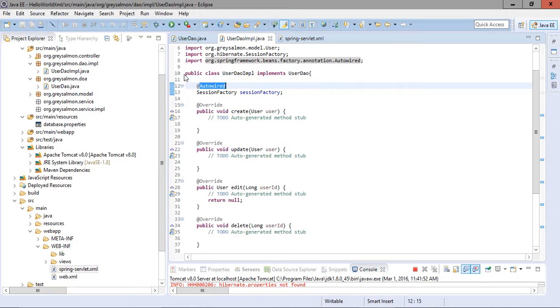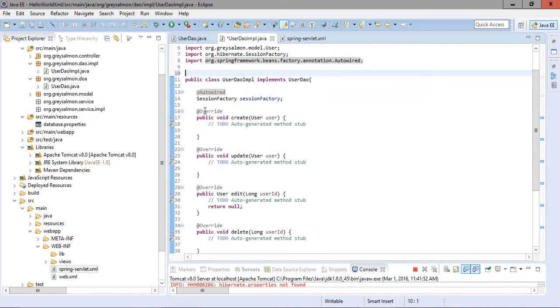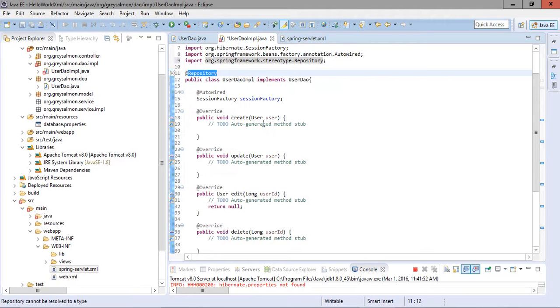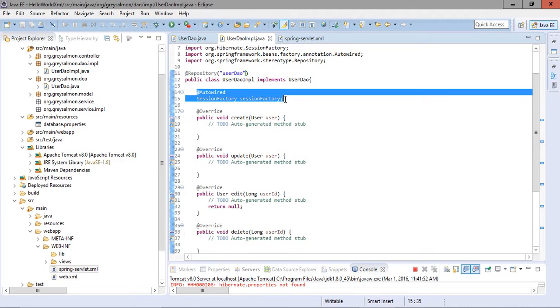Now I will also mark this class with the annotation Repository. Now I will import this annotation from here, and in the repository part I will mention the name of this bean which is created. So this concept is clear to you, why I have used this autowired.